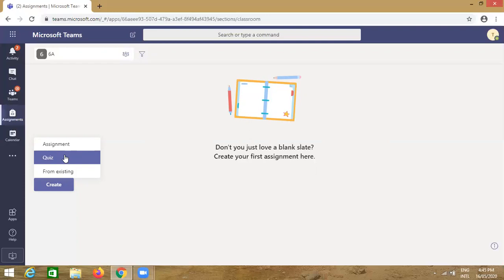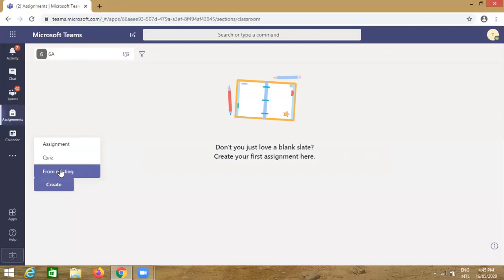In the quiz, question and answers are ready-made. The benefit of the quiz is that they are automatically checked and the students can see the right choice also at the same time. So the teacher need not check the quiz. When creating the quiz, the teacher can set the options there.